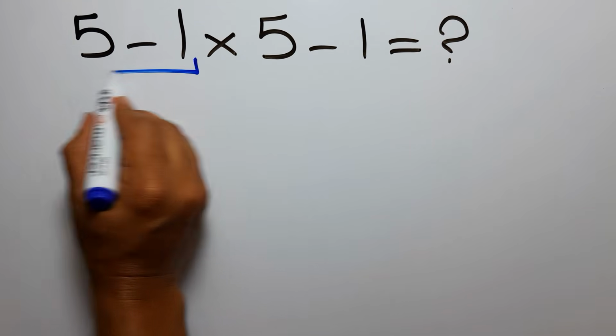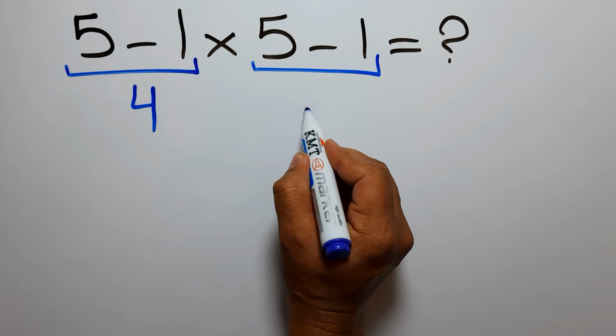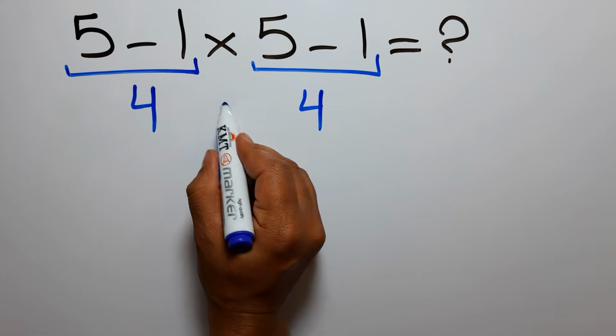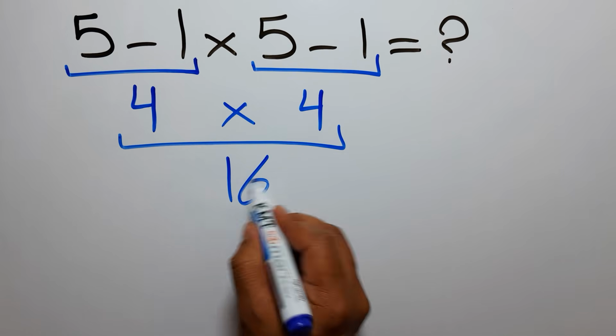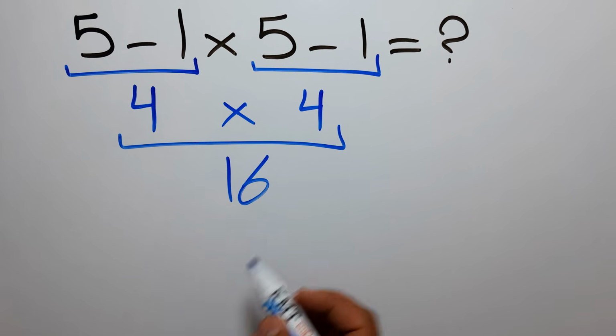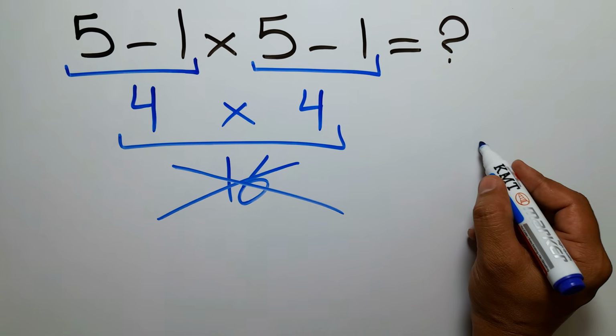5 minus 1 gives us 4. And again here we have 5 minus 1. So we have 4 times 4, which equals 16. But this answer is not correct, because according to the order of operations, which is PEMDAS,